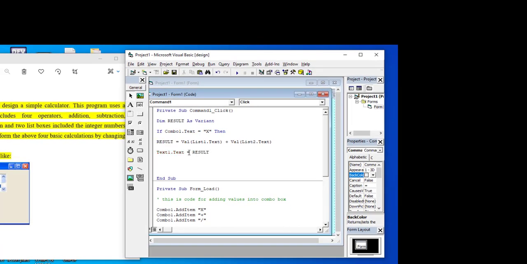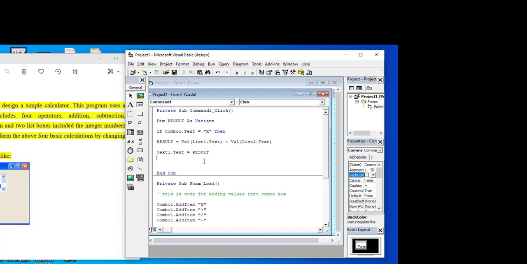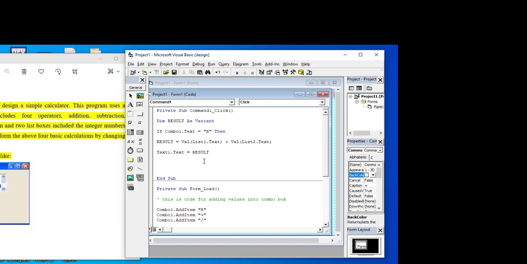We assign the value of result to text1. Because we are dealing with more than one condition, I can use else if